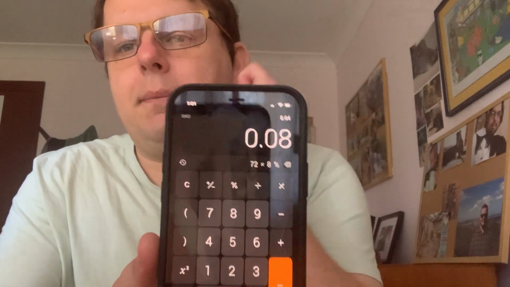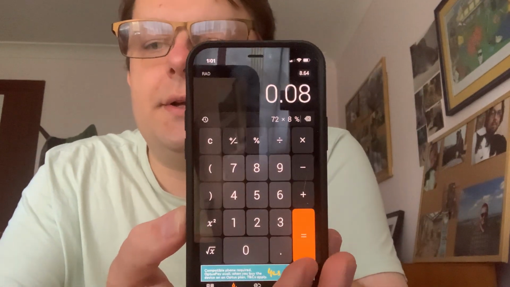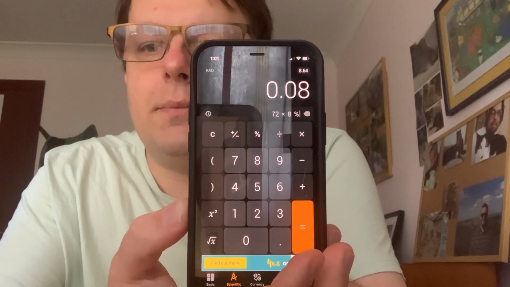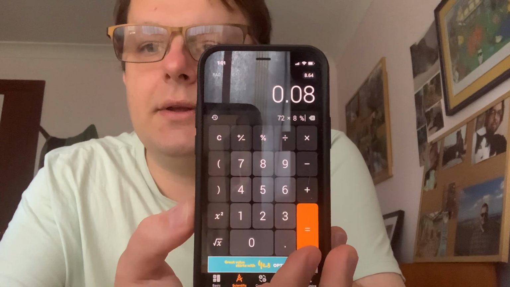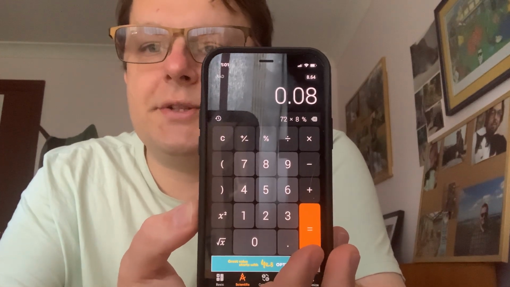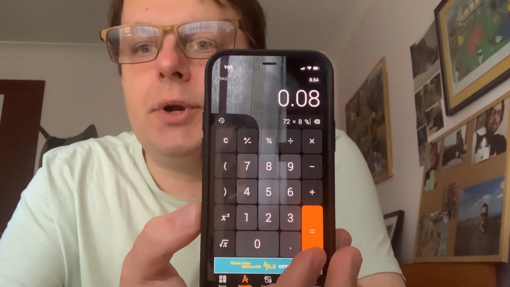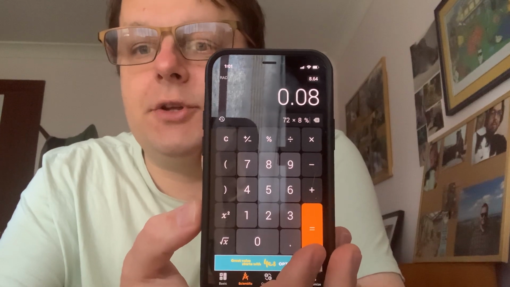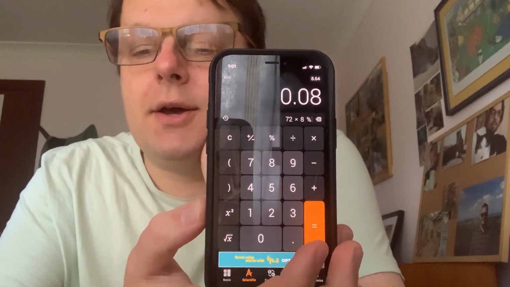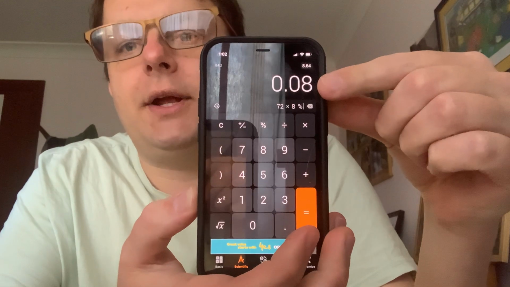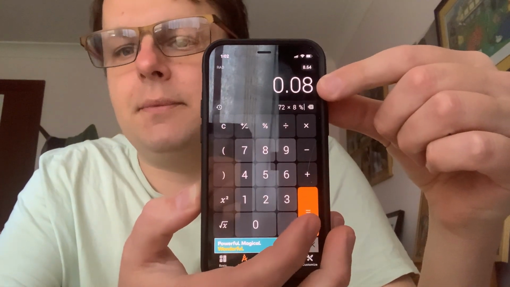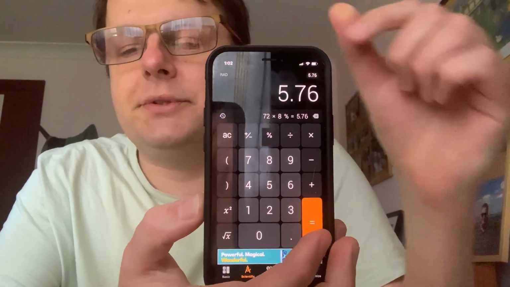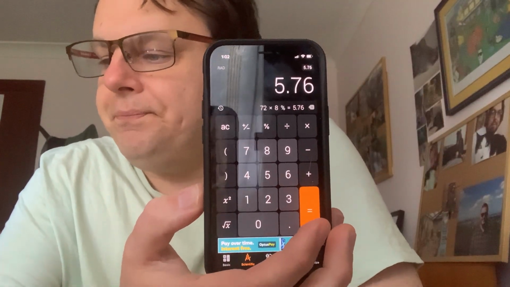All right. Okay, I've got this particular calculator app here. So what I did is I put in 72 multiplied by 8%. As you can see, there's literally a percent button above the 8, and you just press that. And this is going to tell us what 8% of 72 is. Now, at the top of the calculator up here, it's turned that 8% into a decimal, into 0.08, which is the same thing. So when we press the equals there, we find out that 8% is